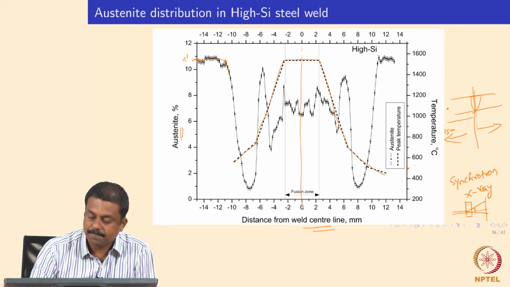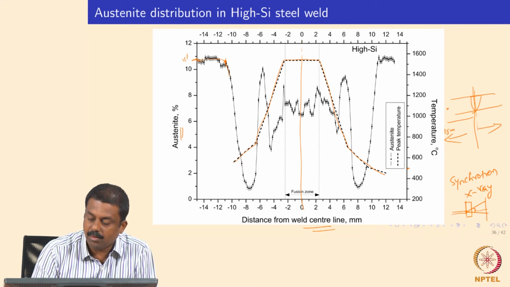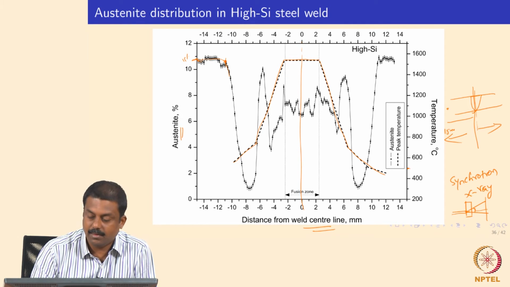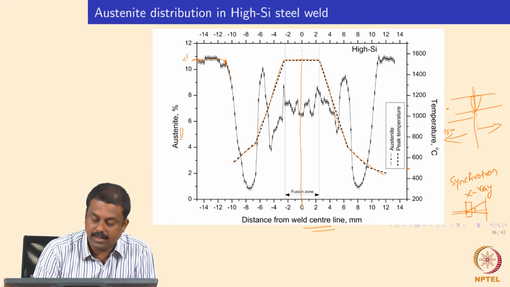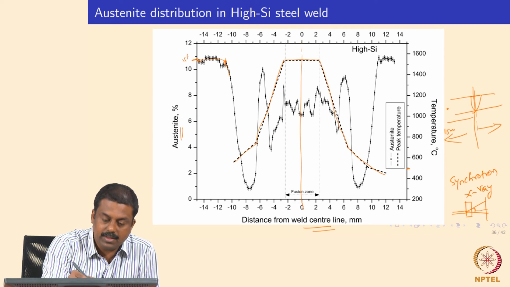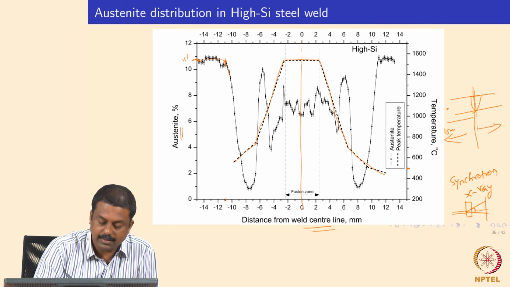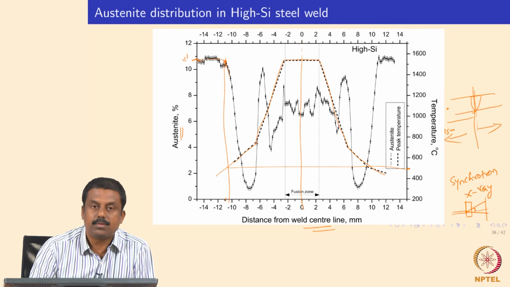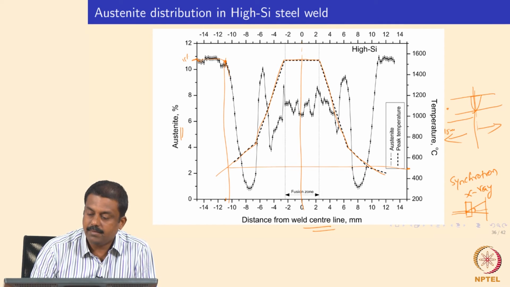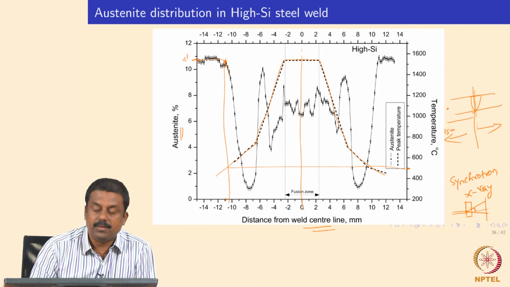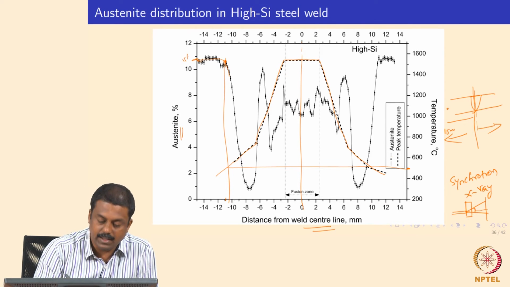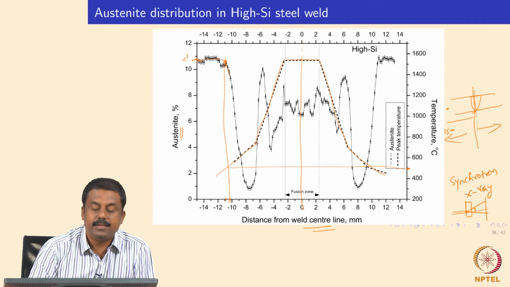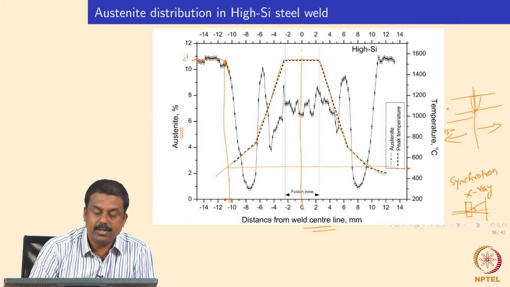in this case it goes around say 500 degrees centigrade. Okay, say over here, isn't it? Say at this temperature, at this region, say 11 mm for example, 11 mm is somewhere over here. So if we extend this, it goes to about 500 degrees centigrade. So in this case, we already clearly see that when the temperature increases to say 500 to 550 degrees centigrade at 10 mm, you see a decrease,